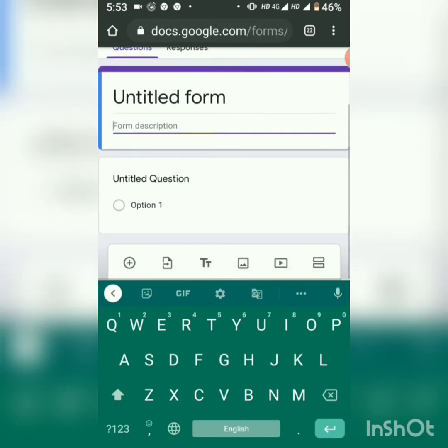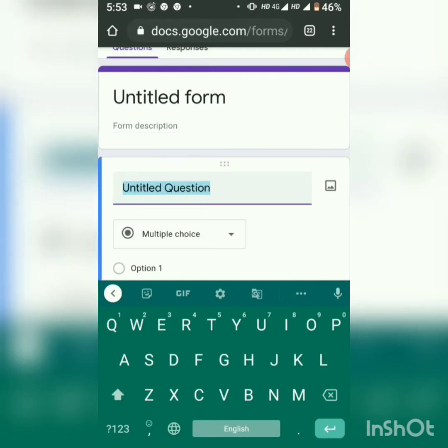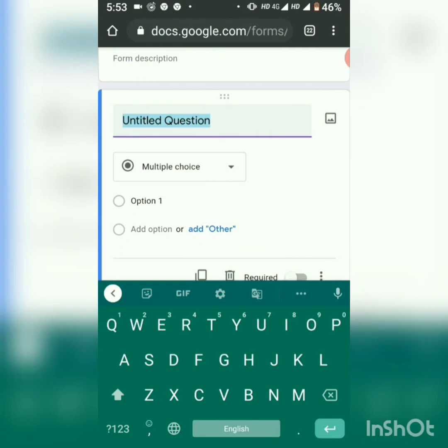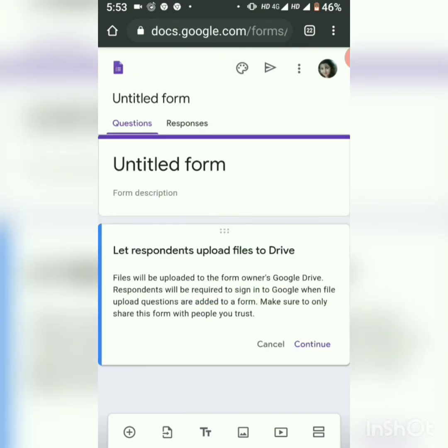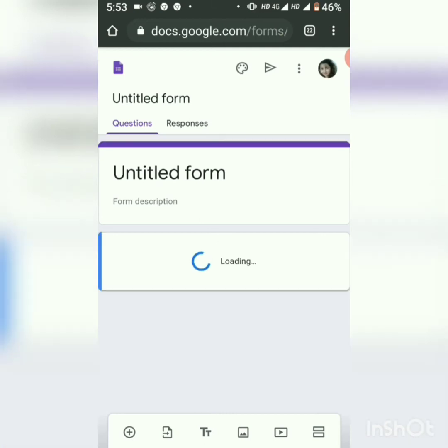In this, first of all you have to select this untitled question. After that you will get this option of multiple choice. You have to click it and select file upload. Then press continue over here.